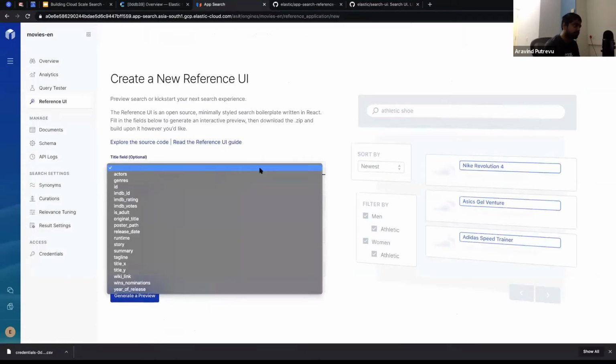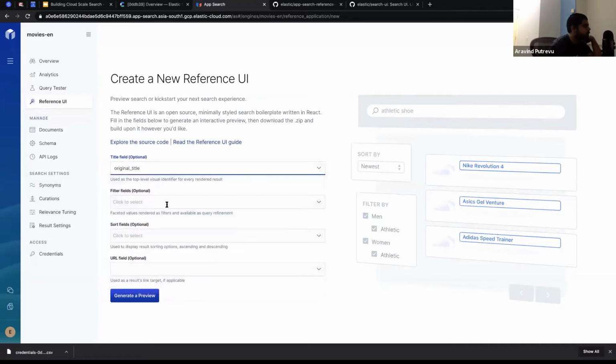So now I have multiple fields. As you see, when I ingest a document, there are multiple attributes, and all the attributes are in here, and you also see the projection of how the site would look once I click generate preview. I'll click on something like original title.